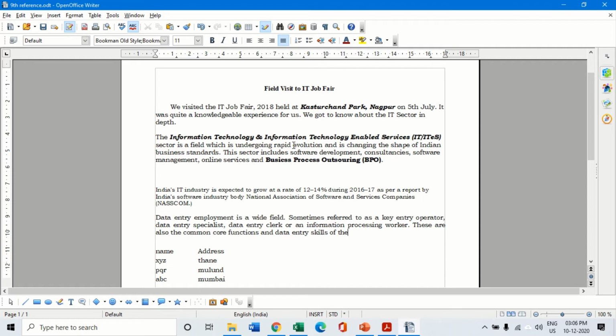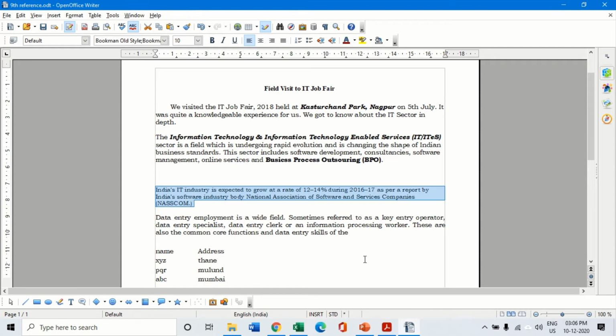So if I want to select an entire paragraph, the best and easiest method of doing it is to keep my cursor anywhere on the paragraph and click my left mouse button 4 times quickly. When I press my mouse button 4 times, the entire paragraph gets selected automatically. So keep it over here and click 4 times, and the entire paragraph gets selected. This is for selecting a paragraph.